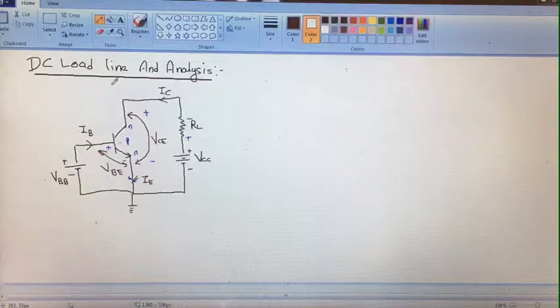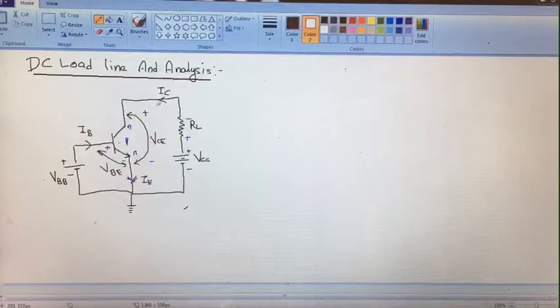We have discussed the configuration of the transistor in our previous lecture. Now we are going to discuss DC load line and analysis, that means the DC load line analysis of the transistor. For this analysis we have selected the common emitter configuration of the transistor because